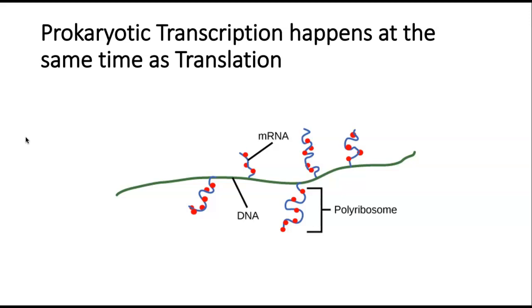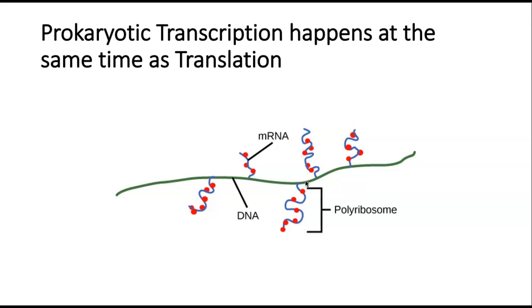Here's what that looks like in prokaryotes. So here's our DNA in green, and somewhere along here there are enzymes called RNA polymerase, and they're making the mRNA, which is that blue line. And here are our ribosomes in red already attached to the mRNA, and if there are many ribosomes on the same mRNA, we call them a polyribosome. What they're going to be doing is just making the proteins. This blue mRNA codes for proteins, and they're already making the proteins before this thing is even done transcribing. And so that's very nice, and it obviously happens very quickly.